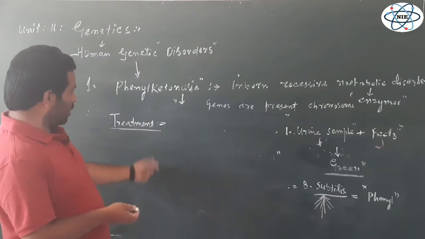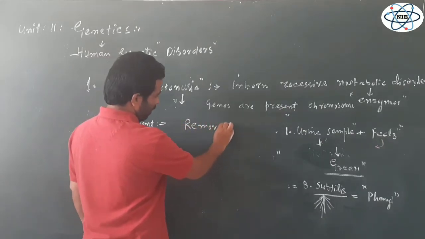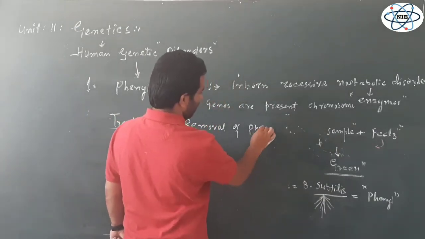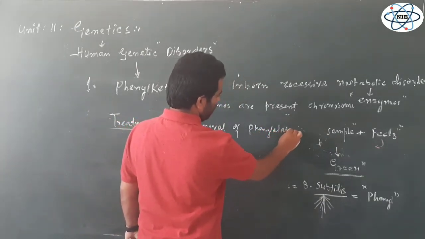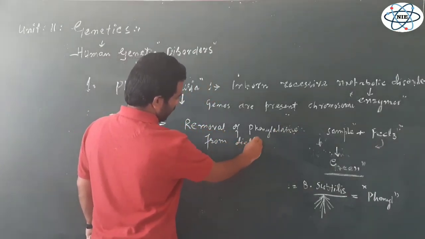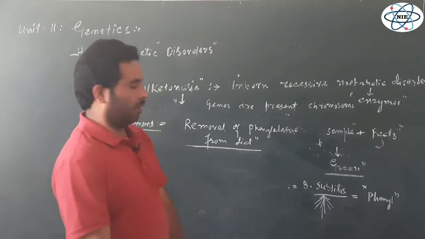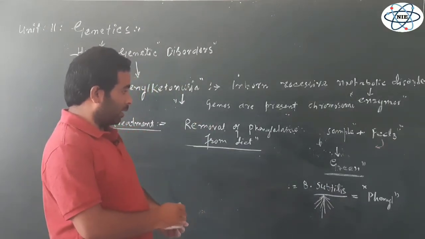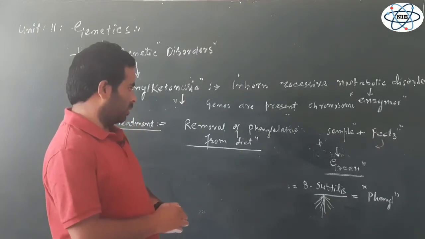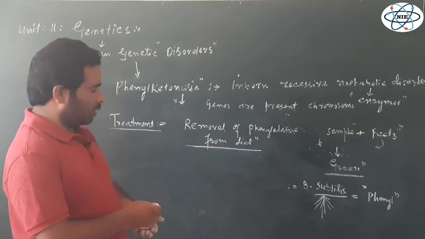one of the important treatments for this phenylketonuria is removal of phenylalanine from the diet. If phenylalanine is removed from the diet, that means the diet is free from phenylalanine. When the diet is free from phenylalanine, obviously there will be no accumulation of phenylalanine in the blood or body fluids. But it is again a very tough process, because most of the foods which are generally rich in protein,